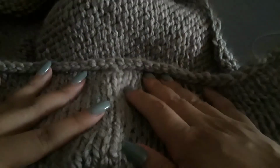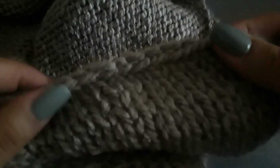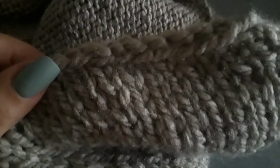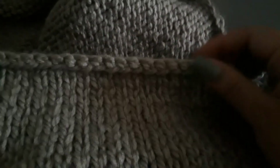But this is the front of the front panel of the sweater. And this is the bind off that I did. It's called the knit bind off. This is my first time doing it, so I did have to do some research on it and see a few tutorials, but it looks really nice. I really like it. And then it comes right to the end,